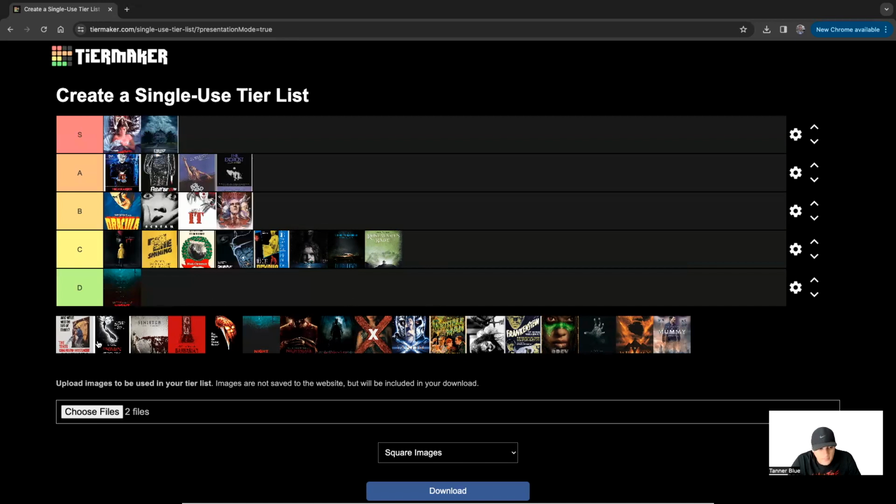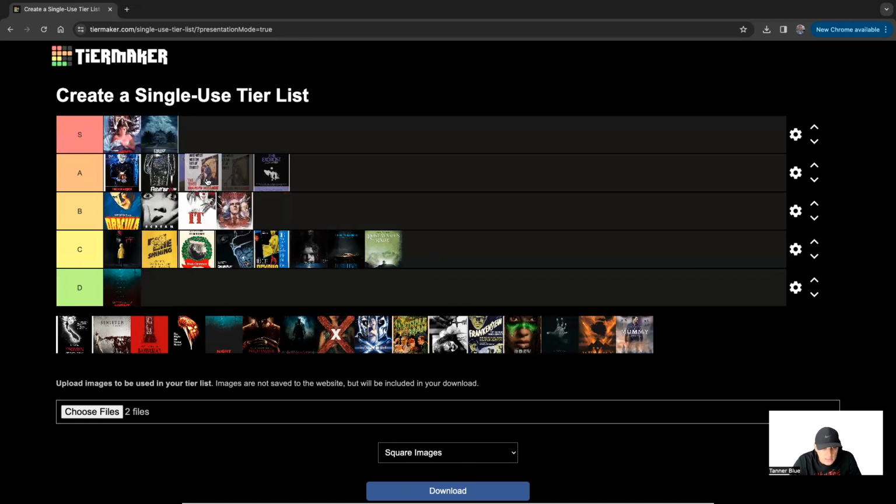It works. Texas Chainsaw Massacre, man, another really good one. I am going to put this one here on the A tier. Man, The Exorcist just keeps sliding down. I feel really bad because it's one of the greatest movies of all time, and I was just at this location. But the Texas Chainsaw Massacre, very similar to the It 1990 miniseries,